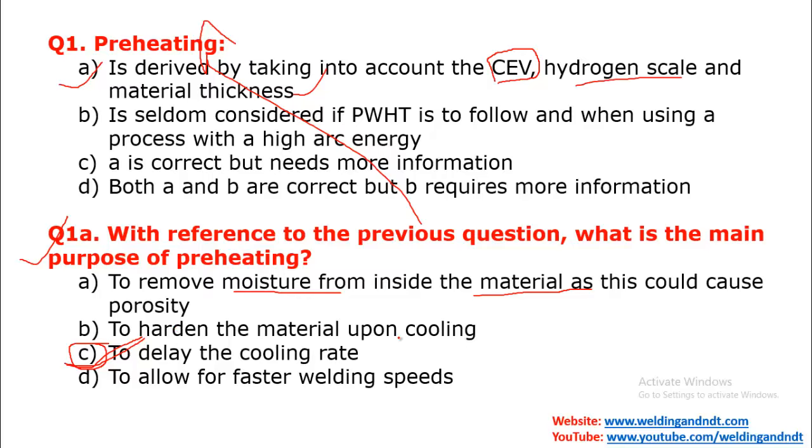Now, to harden the material upon cooling: it is not like that. Upon cooling we aim not to harden but to make the material less brittle or softer. And the third one is to allow for faster cooling, that is the opposite of C, and C is to delay the cooling rate. So we are doing preheating to delay the cooling rate, and while delaying the cooling rate,